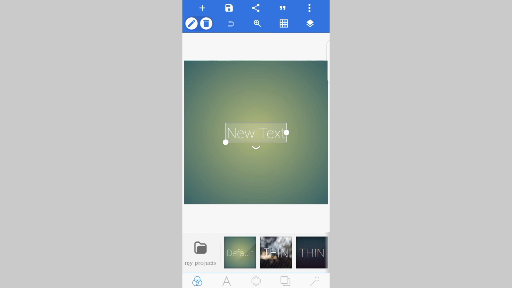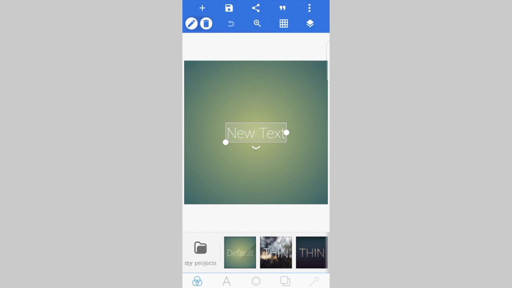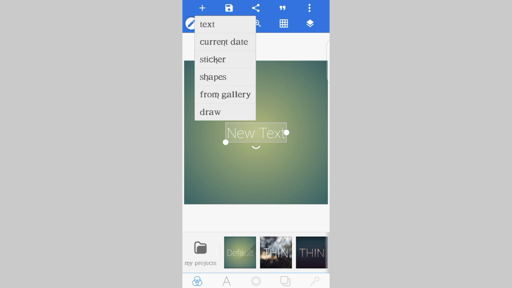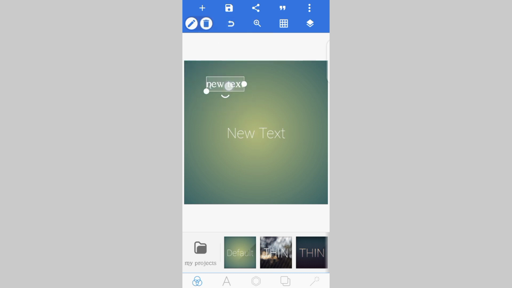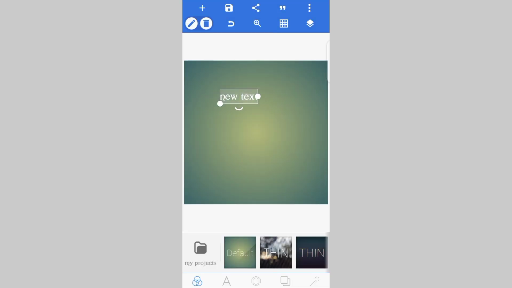Now we are just going to learn about an introduction to Pixellab. We start with the plus at the top corner. This plus is used for importation. When I talk of importation, you can import text. You can import text with it, and this is